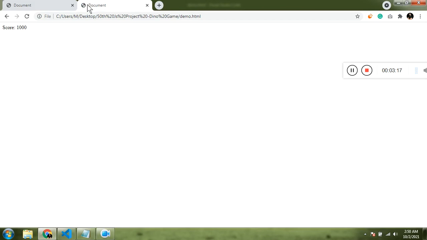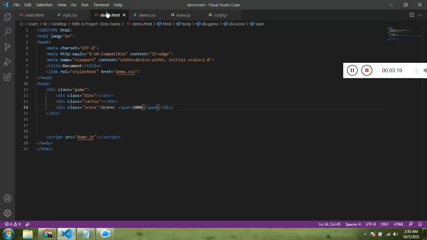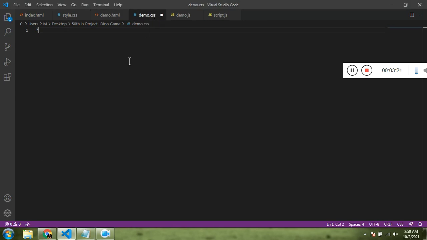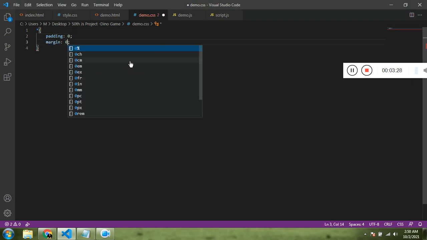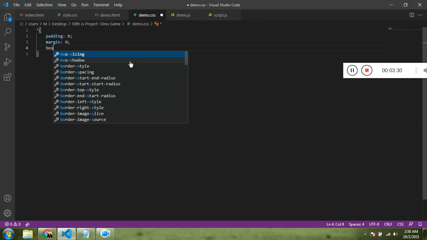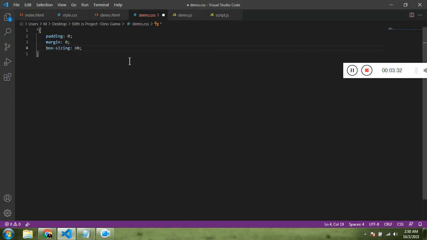Now let's start writing our CSS code. The first thing we need is, for all elements, let me remove the padding and margin and set box-sizing to border-box. This is to remove the default margin and padding given by Chrome. The next thing, let's start using the class game.